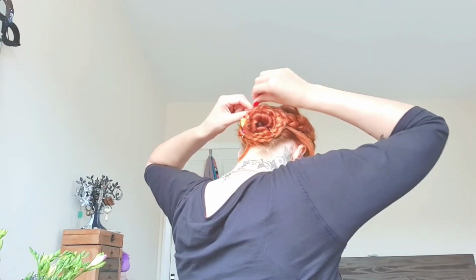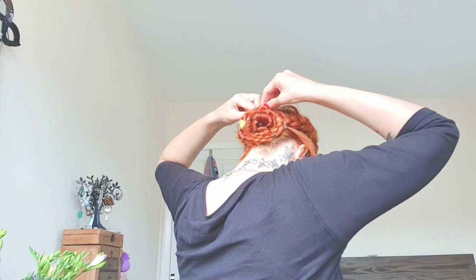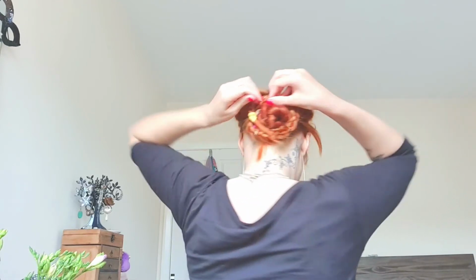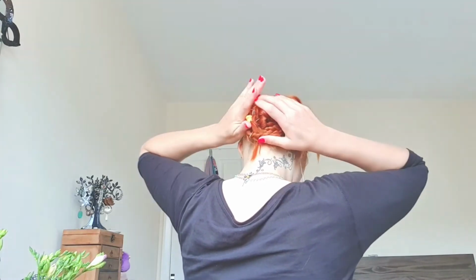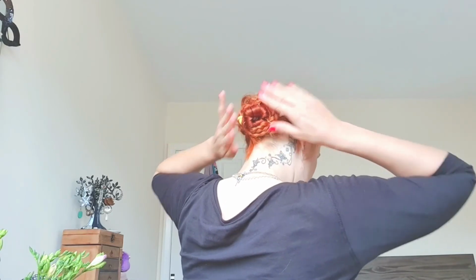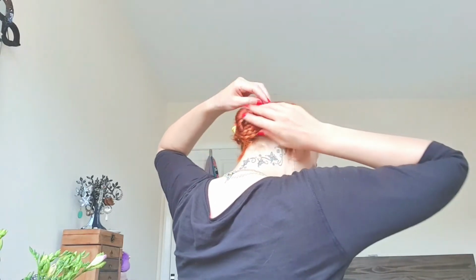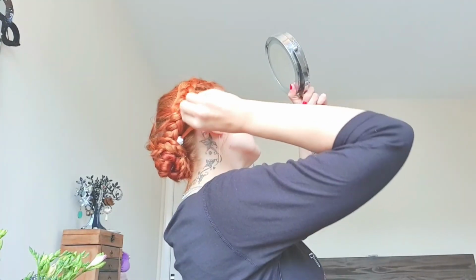For example, okay, I can feel there is a hair sticking here, so I'm just gonna tuck it under and then pin it over with a hairpin so it doesn't come out. Then I can feel it is somewhere here. I can't see it very well, so I'm just gonna check. It's kind of sticking here,